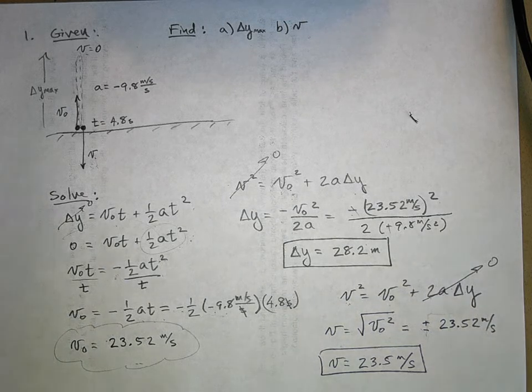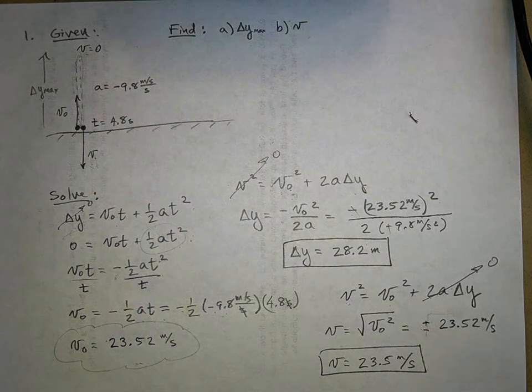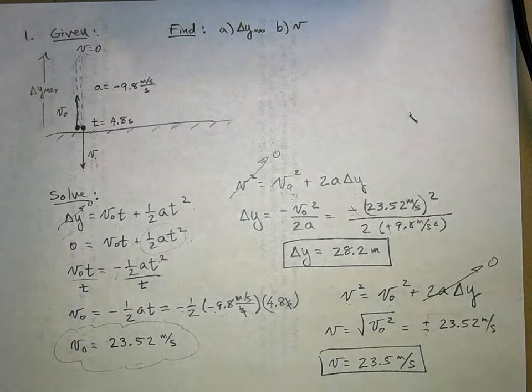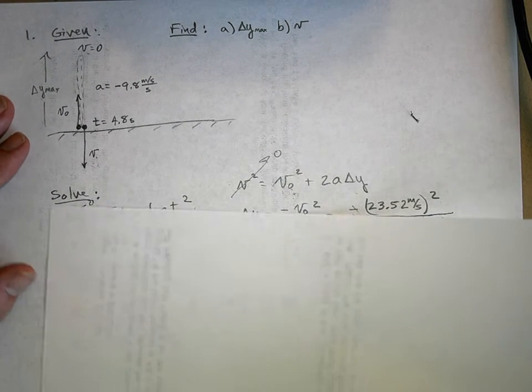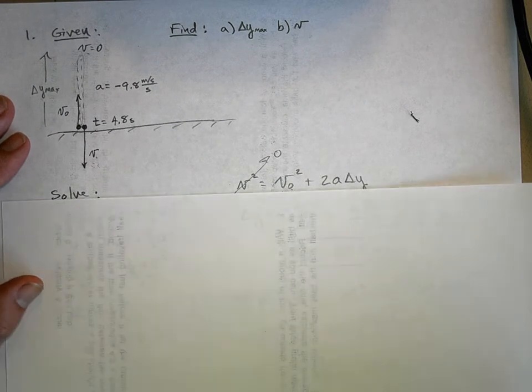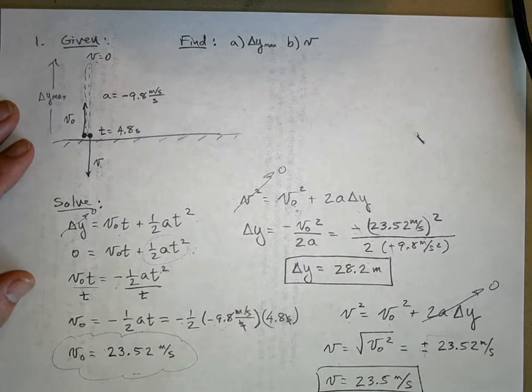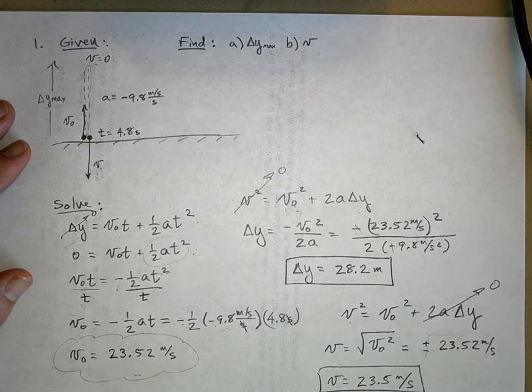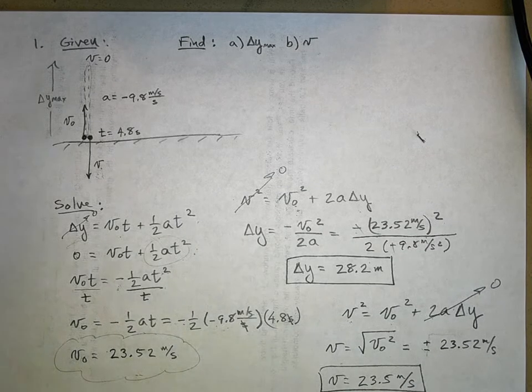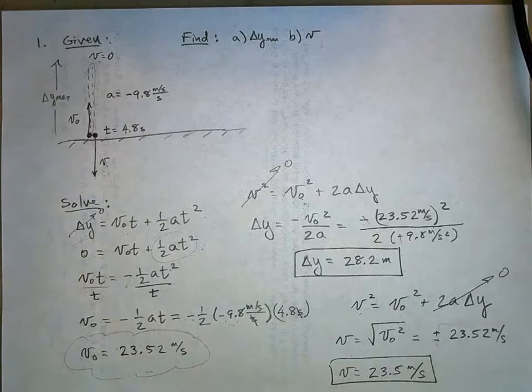But I want to show you something else. There's an easier way to do it. There's multiple ways to do this problem. All right, and this is a good way to do it. But one of the things you could do is say, look, well, first of all, is everybody done with this? Okay. All right. Now,